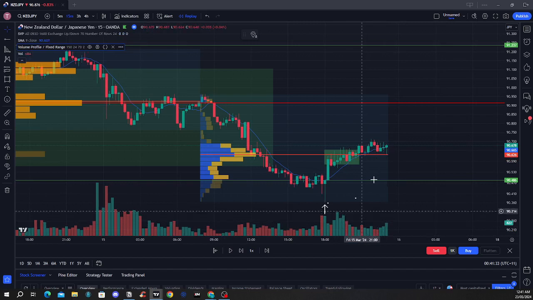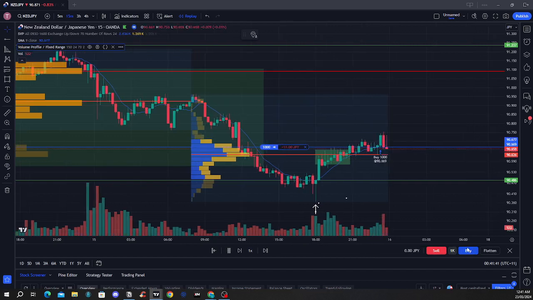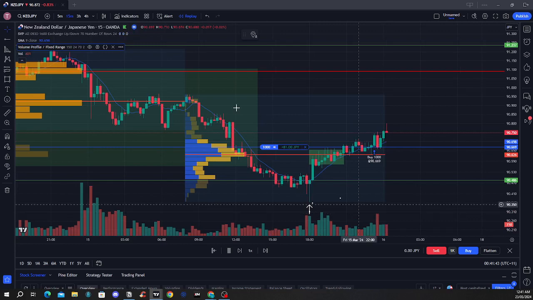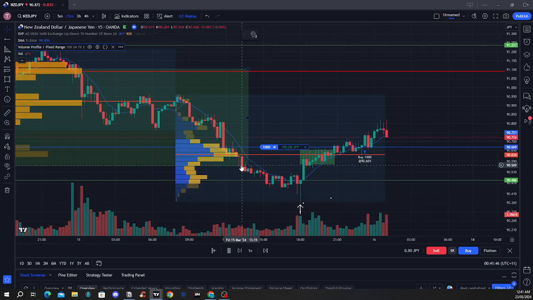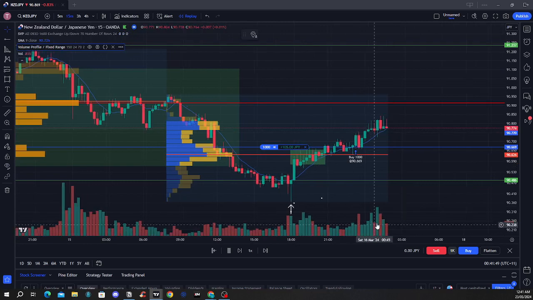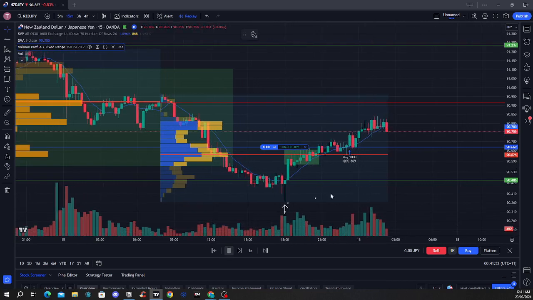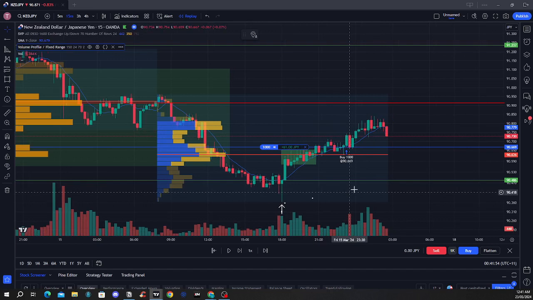So as supply decreases, the point of control starts to form support. Now that was definitely a little bit too early. We did get a close in the area of low volume. All right, now what we can see is that there is an increase in the effort and an increase in the result. Okay, so that increase in the effort is an increase in the supply signature, an increase in result is an increase in the price. So let me just chuck in my stop